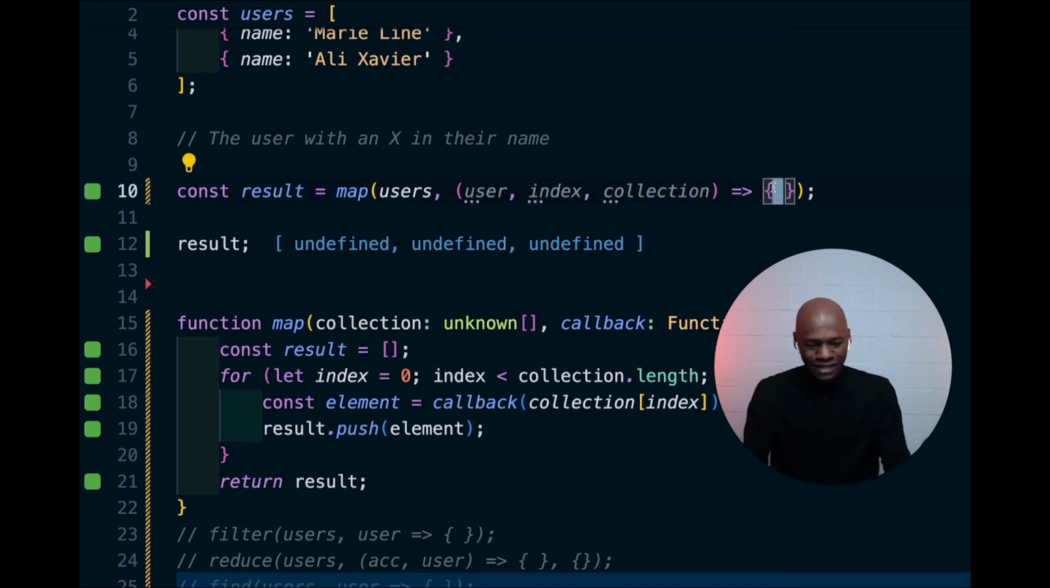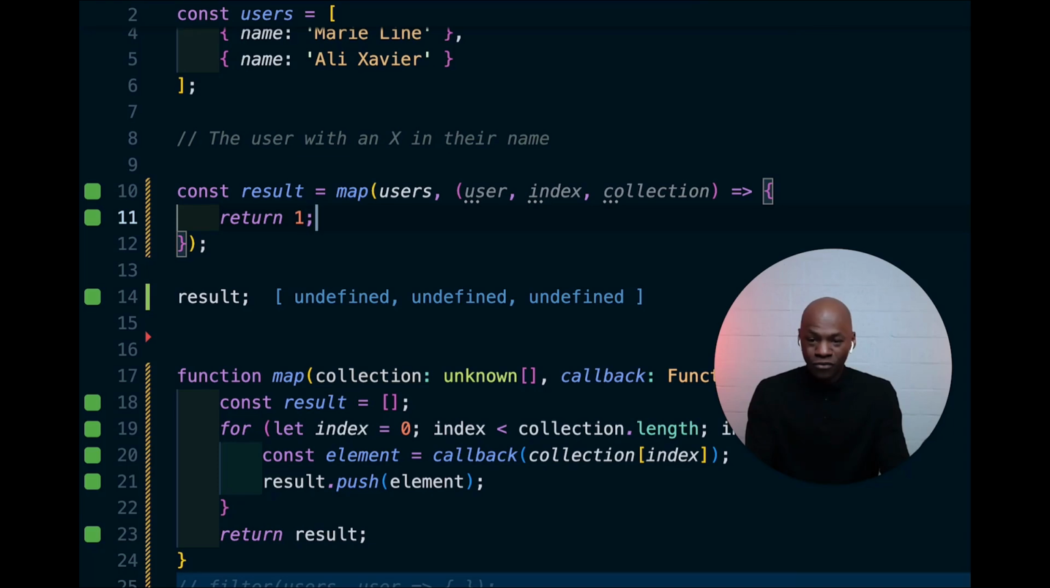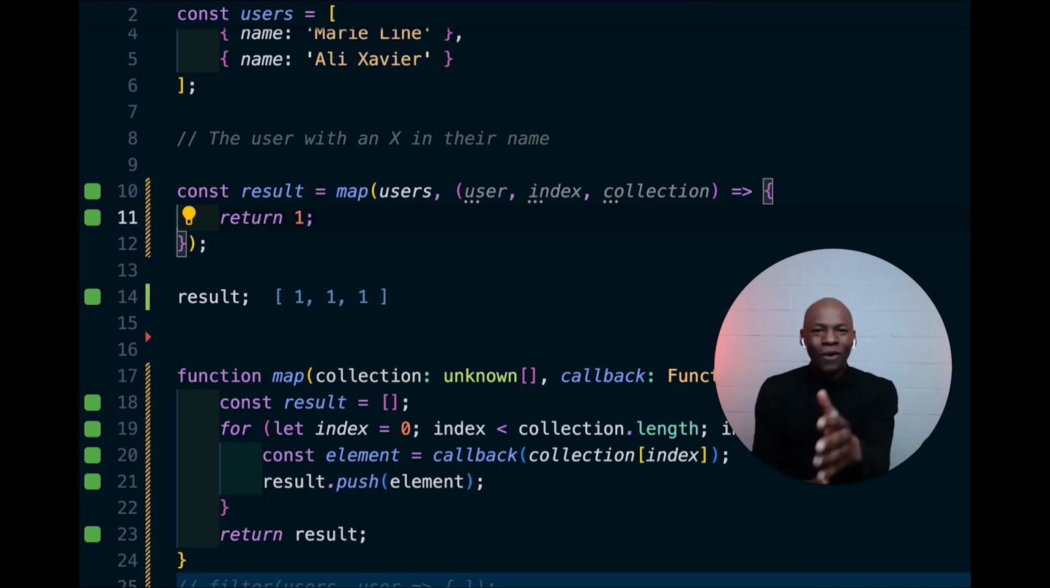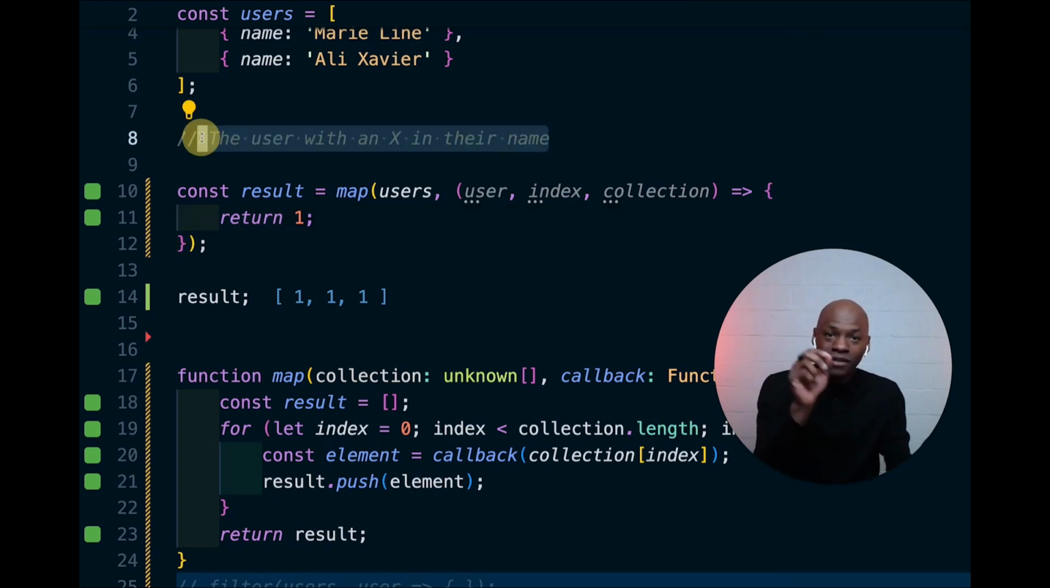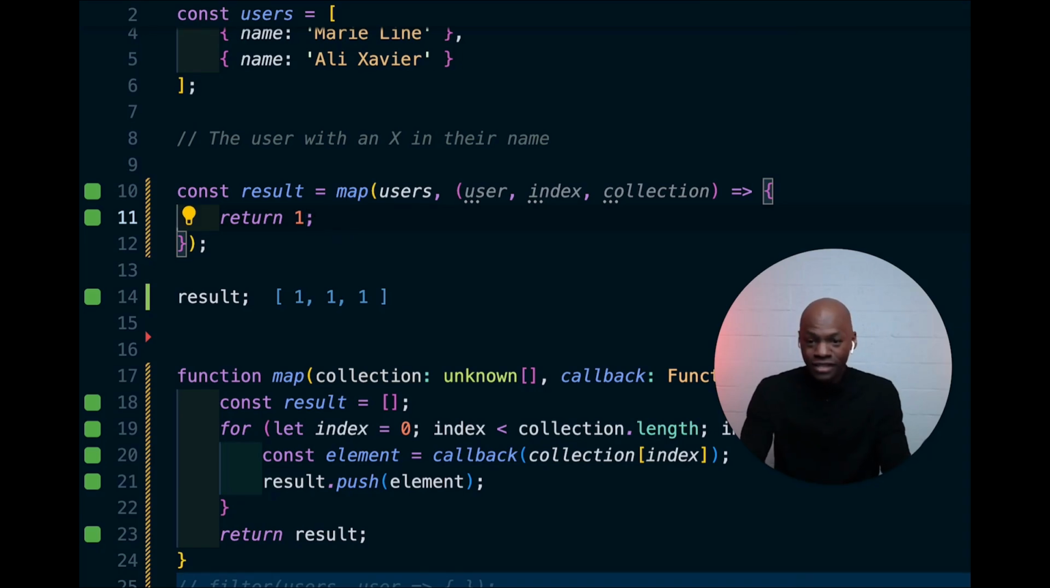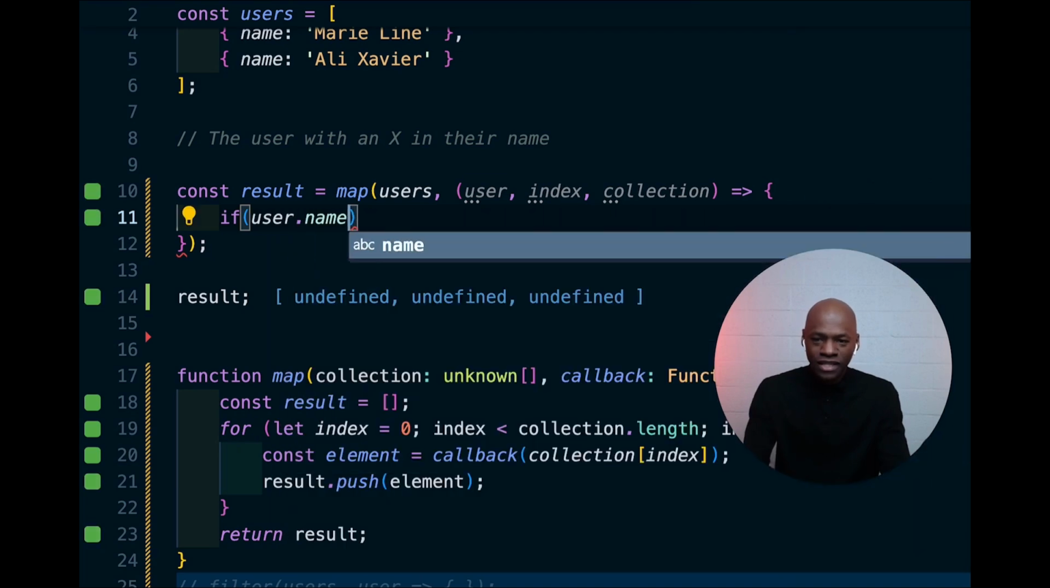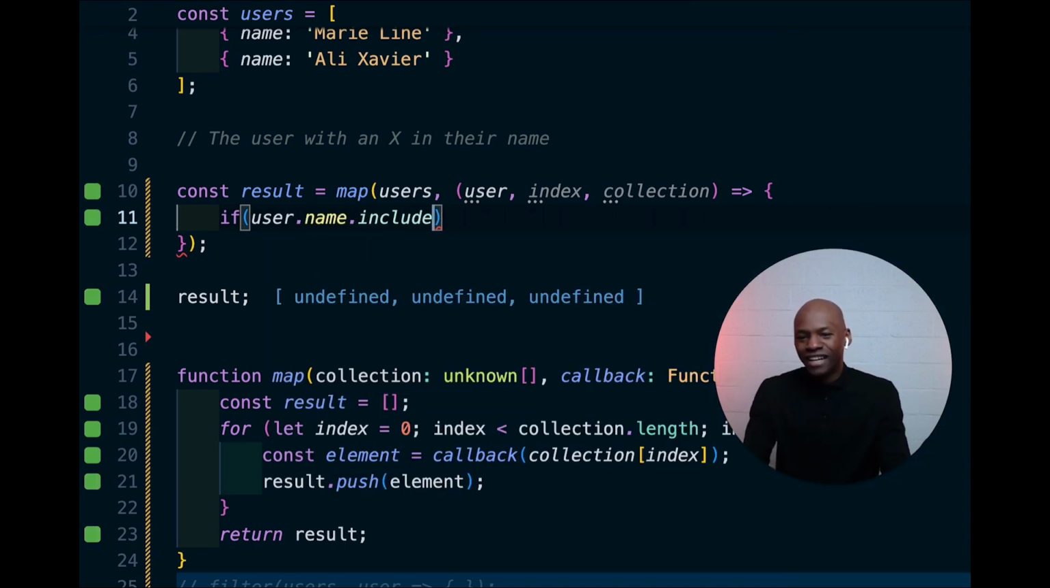We didn't say what that callback does. And same thing, if we go here and then we say return 1, we're going to see that it's all 1 right now. So we just have to go ahead and implement the logic that we need to actually answer this question, which is: give me the user that has an X in their name, right? The way we're going to do that is just to say if user.name includes,